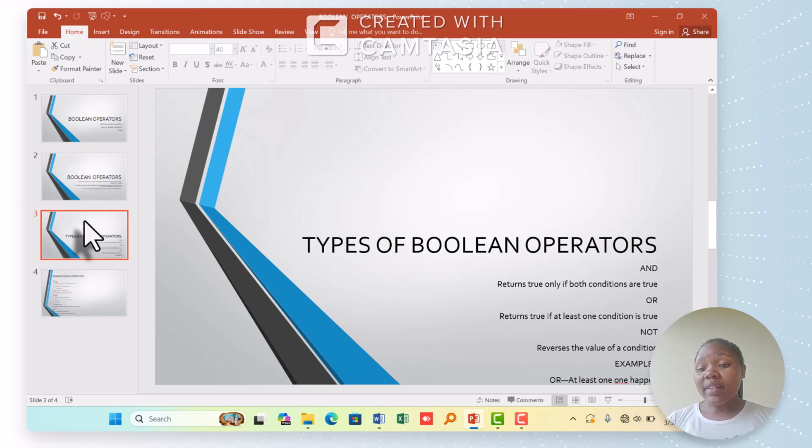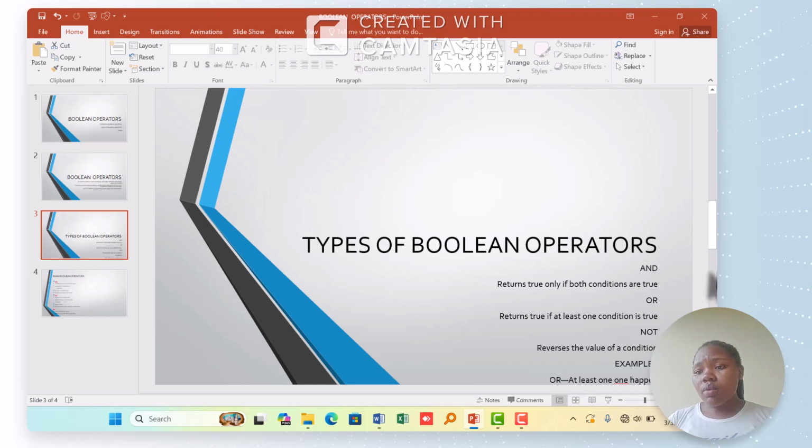types of Boolean operators. If we talk about and, it returns true only if both conditions are true. And if we see or, it returns true if at least one condition is true. Yes, if one condition is true, we use or. And the next is not. Not only refers to the value of a condition. It is mainly conditional. If the statement is in condition,